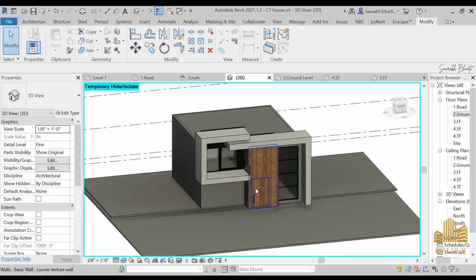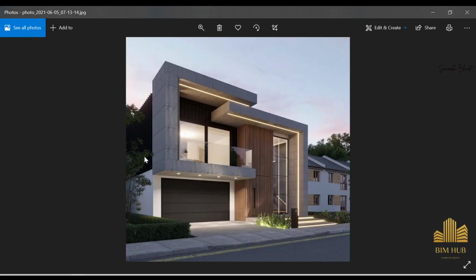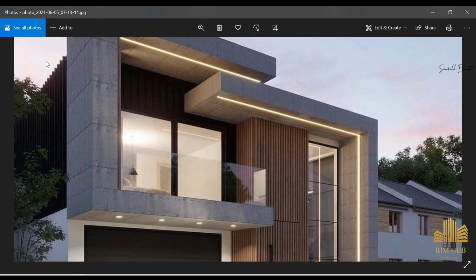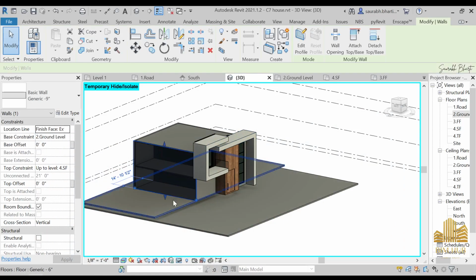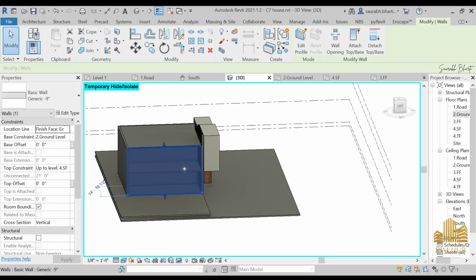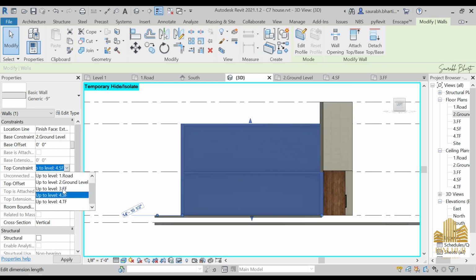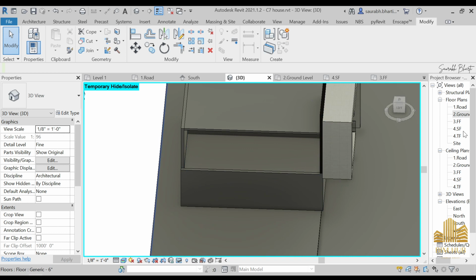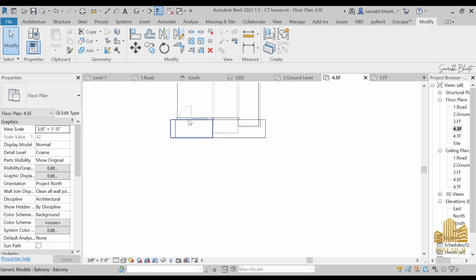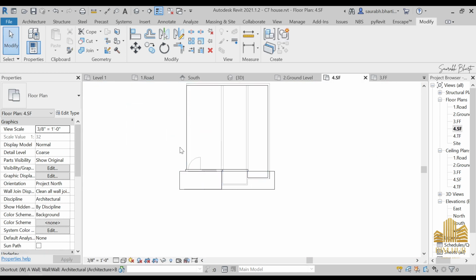After this, we have to make something like this on the back side. Okay, so for that what we need to do is, first of all select this wall, and the top constant of this wall is first floor. Okay, and then again go to the first floor, and we have this as our side, so just select your